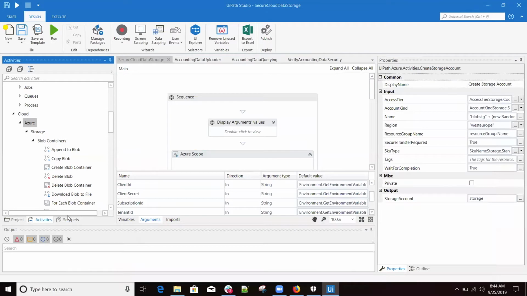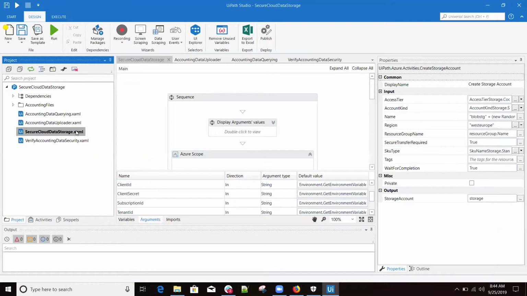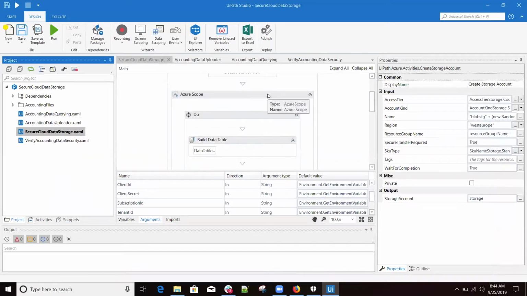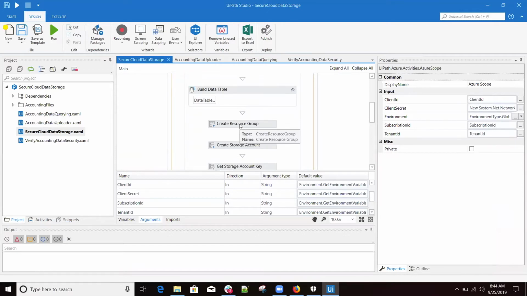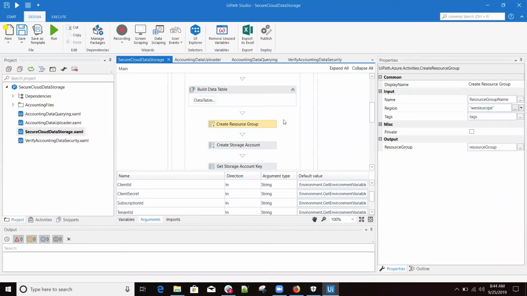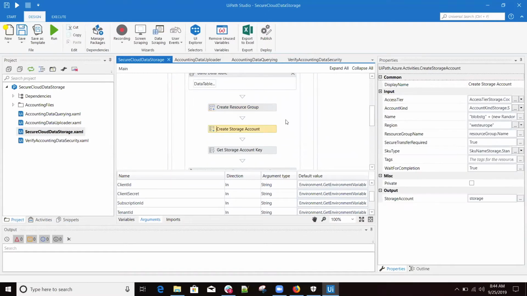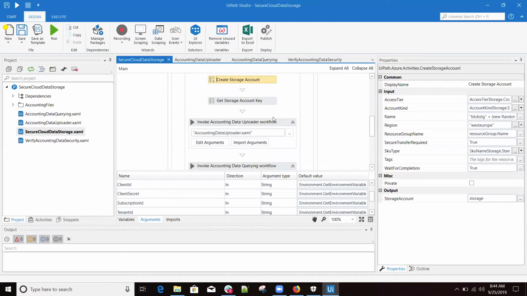Let me show you how to achieve this in UiPath Studio. So first, we have the main workflow, secure cloud data storage, which uses first an Azure scope activity in order to connect to the Azure cloud and to provide a scope for other Azure activities. Then we are going to create a resource group. Inside that resource group, we are creating a storage account, and then we are calling the other workflows. The first workflow